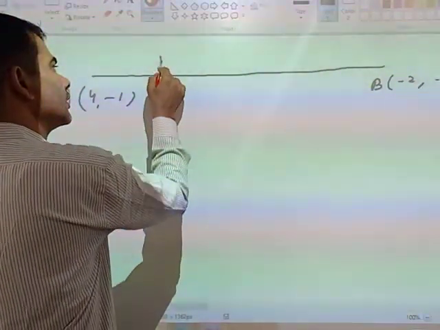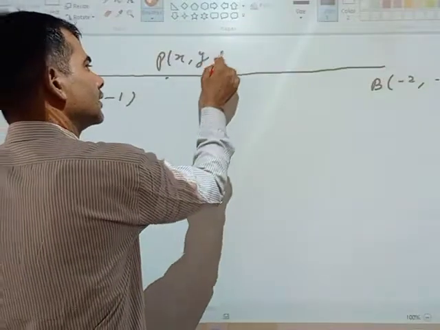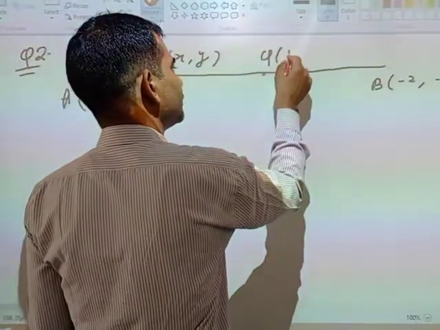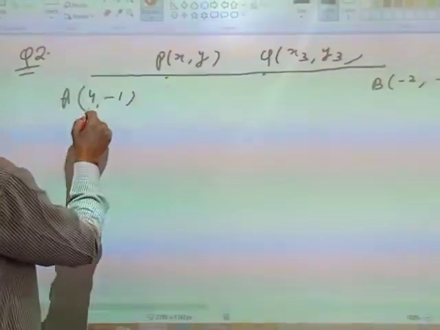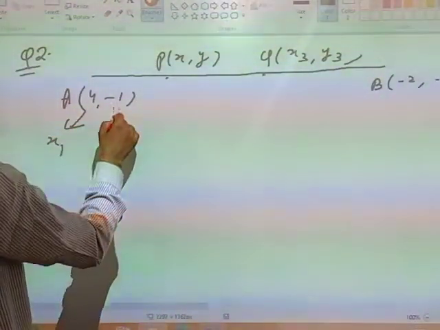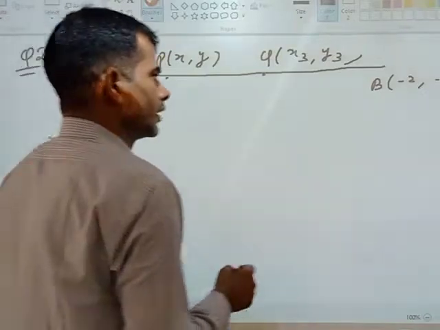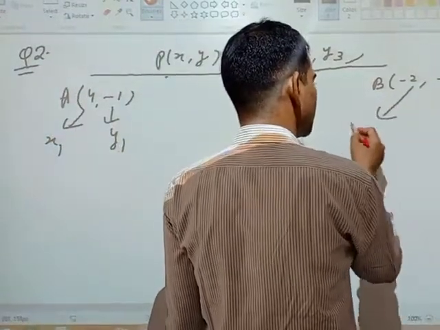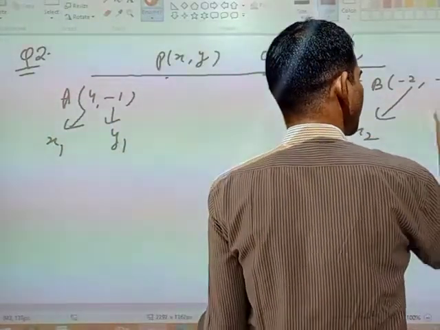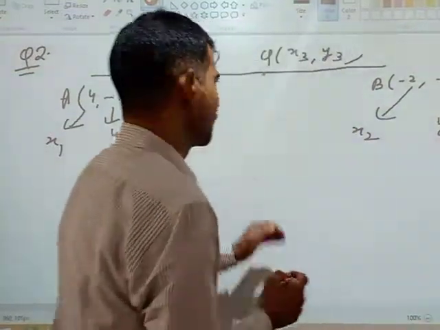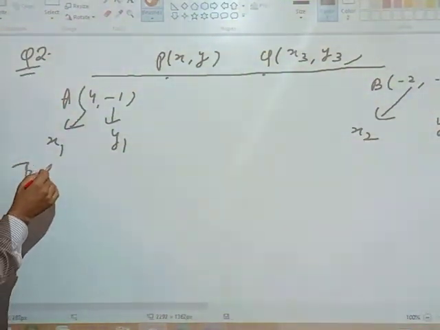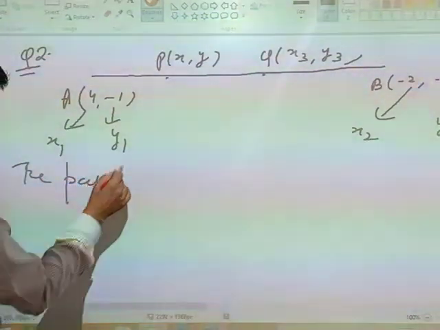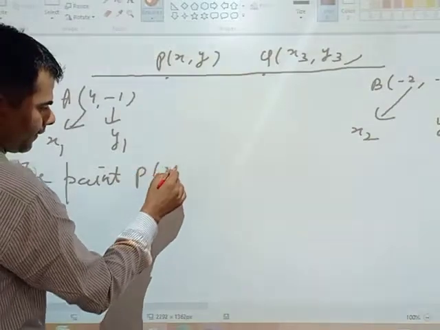That is your P(x, y), that is your Q(x3, y3), and this is your x1, y1, x2, y2. The point P(x, y)